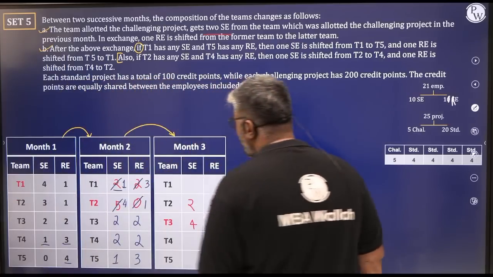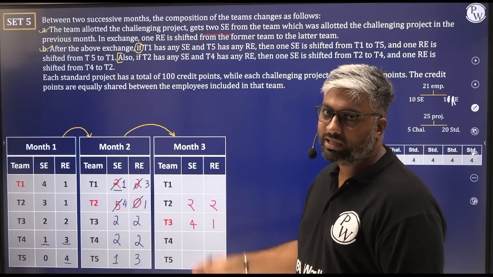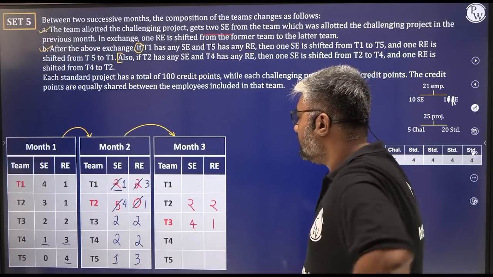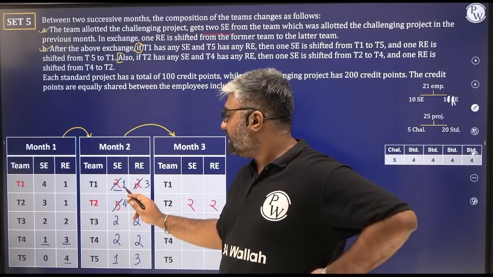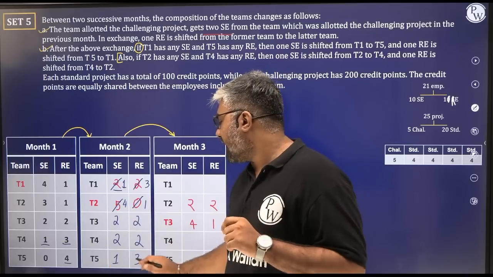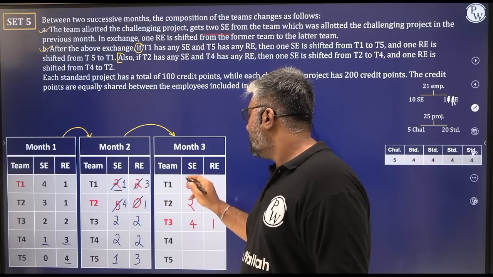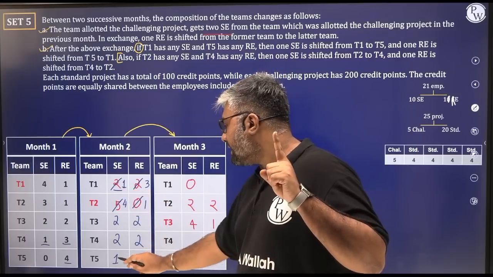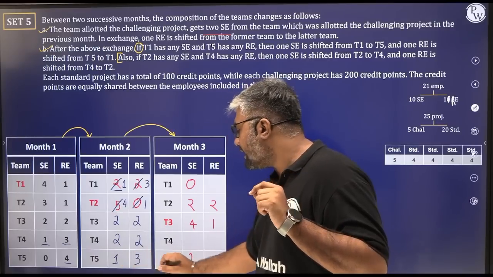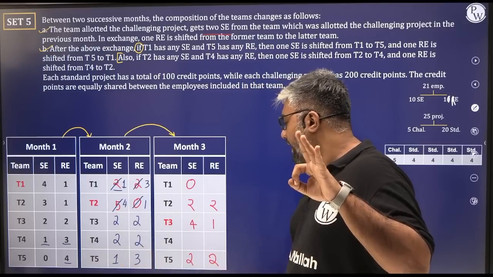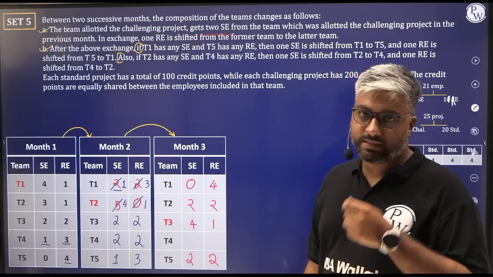Okay. Now before we go ahead and put up team 1, team 4, team 5 guy, we know there has to be some adla badli done, right? Is happening between the teams. So team 1 and T5 में बदले बदली होगा. क्या होगा? Does team 1 have an SE? Yes, it has 1 SE. Does team 5 have an RE? Yes, it has 3 REs. So what will happen? This 1 will become 0. यहाँ से हम एक 1 को उठाएंगे, कहाँ पर देंगे? यहाँ पर देंगे, here. So this will become 1 plus 1, 2. यहाँ से हम एक RE उठाएंगे. So from 3 we give out 1, we'll be left with 2. Here we have 3, this will become 4. Yes.